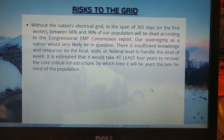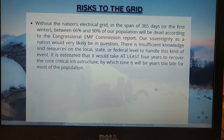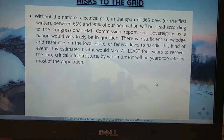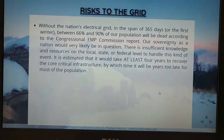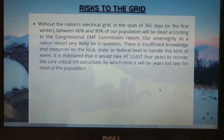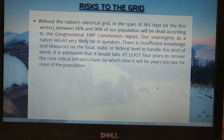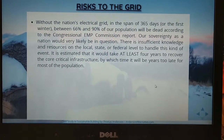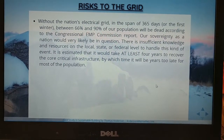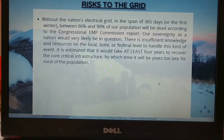Most people do not have wood stoves. They do not have alternative heating sources that they could bring to bear if the electrical grid went out. If we have a small event like a hurricane or an earthquake, we have enough local, state, and national resources to address it. But even something the size of Hurricane Sandy, which was multiple states, was a major issue. That was too much for our resources. Eventually we did get things back to normal, but it took months and months, and a lot of people suffered. But something that occurs on a national level, where everyone across the entire nation is impacted simultaneously,